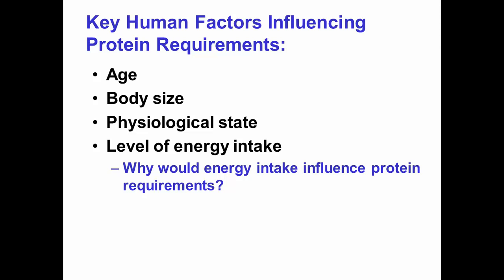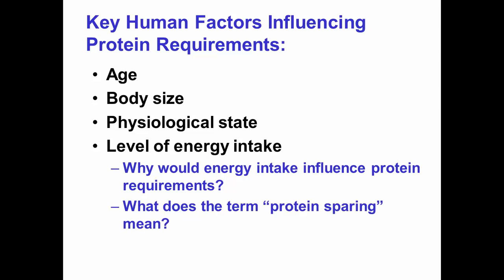So we say protein sparing by providing adequate calories, in the form of carbohydrate. We need a certain amount of carbohydrate to meet the brain's need for glucose. It's not a high amount, but a minimum of 100 to 150 grams is a general guideline. But we also need adequate energy, right? So we don't break down our protein. So that's what protein sparing means. Have you heard that before? Probably, maybe.